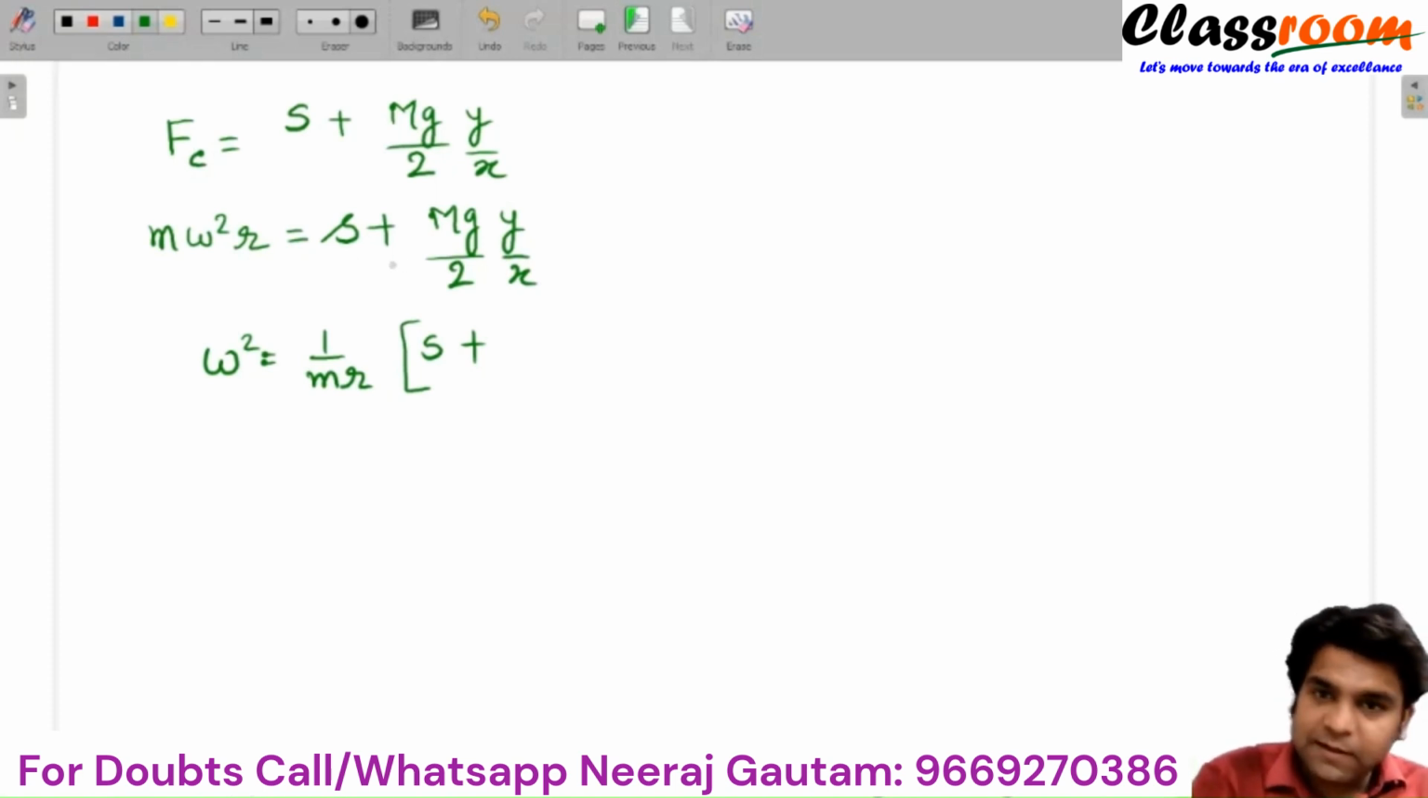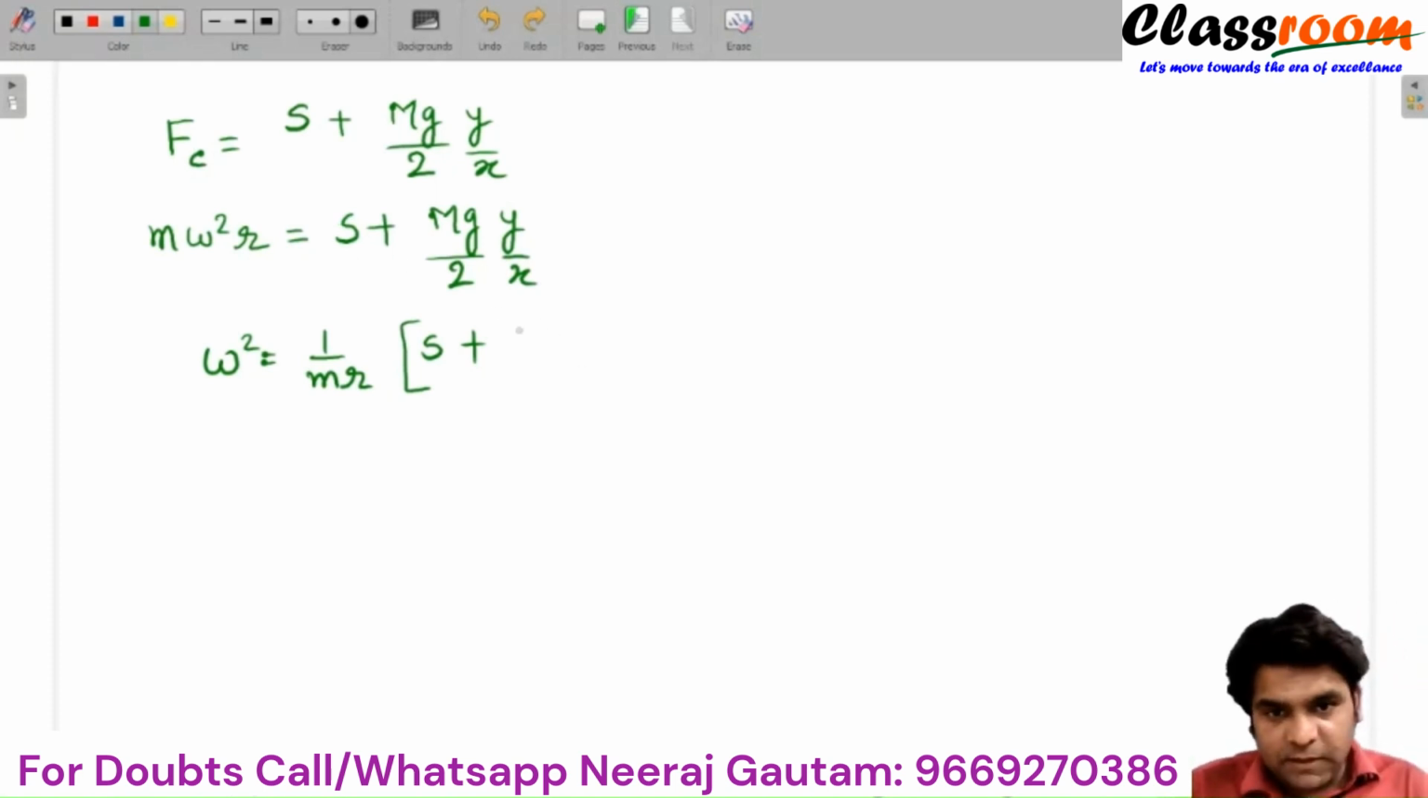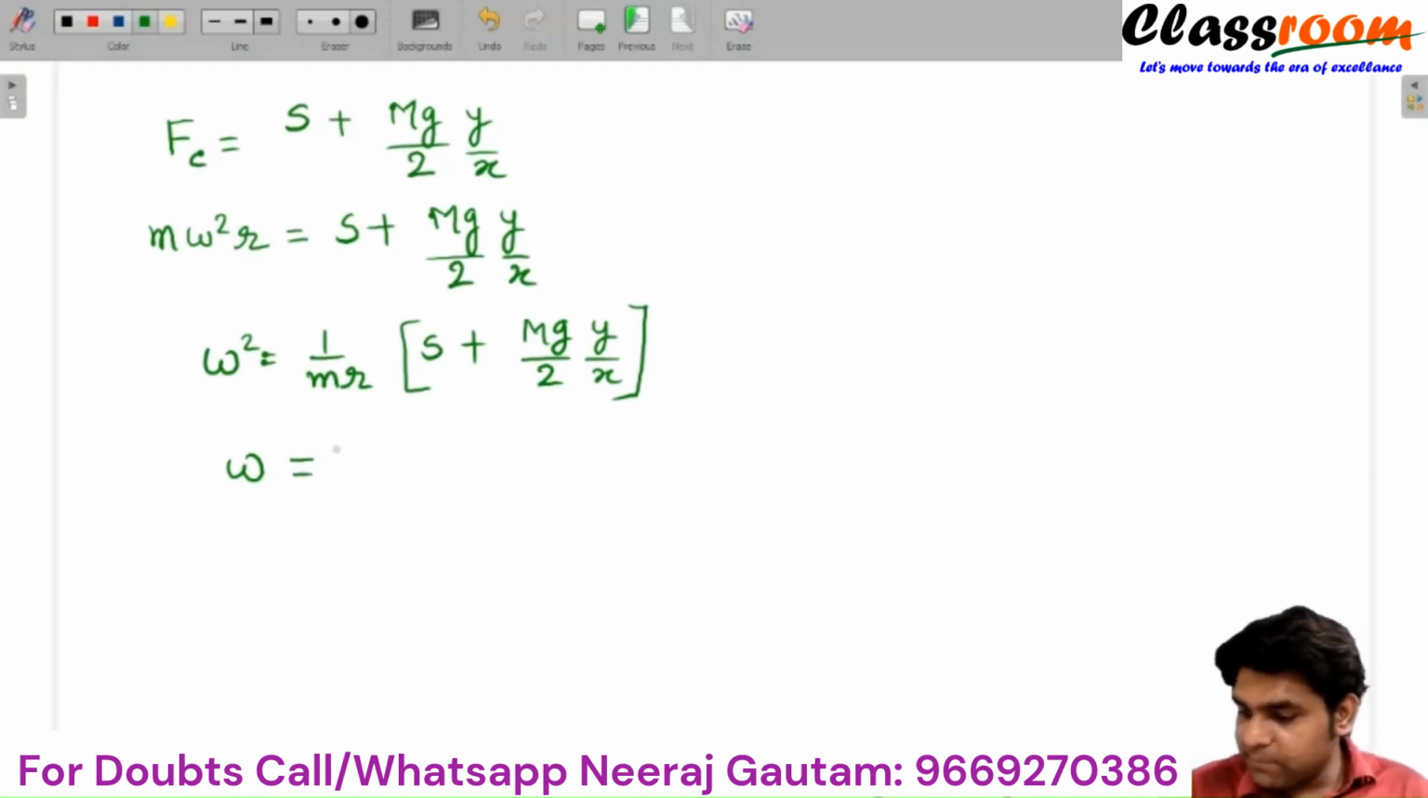S, capital S, that is the spring force in the mean condition, is mg by 2 into y by x, and calculating after substitution we get the omega value as